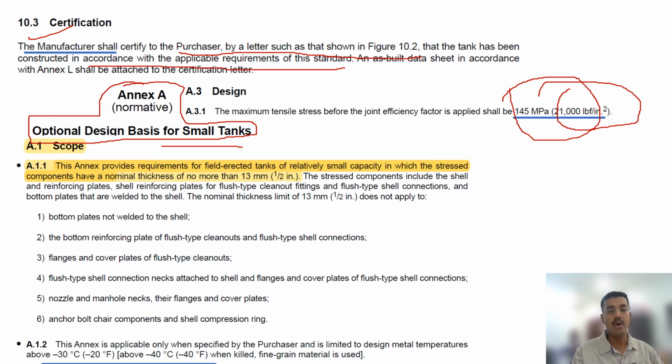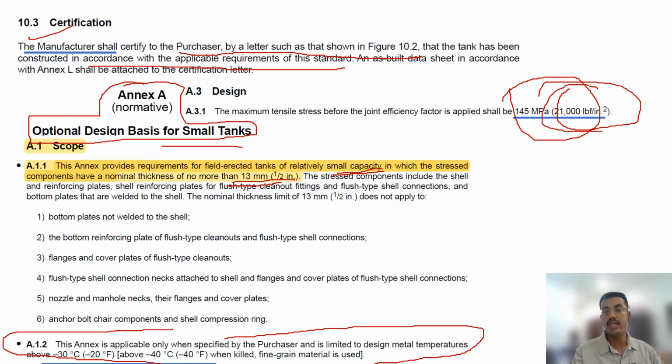Okay, so the scope: the annex provides requirements for field erected tanks of relatively small capacity, in which the stressed components have a nominal thickness of no more than 13 mm. Okay, the annex is applicable only when specified by the purchaser and is limited to design metal temperature above 20 degrees F when killed and fine grained metal is used. This is not so important, but this is important. They usually ask for Annex A what is the maximum capacity. Okay,